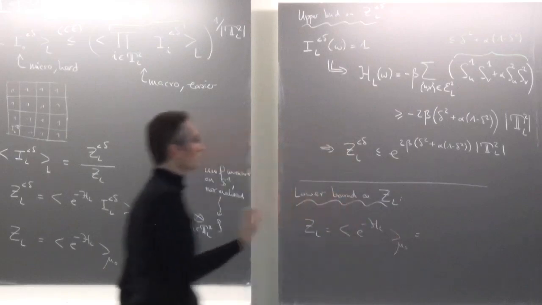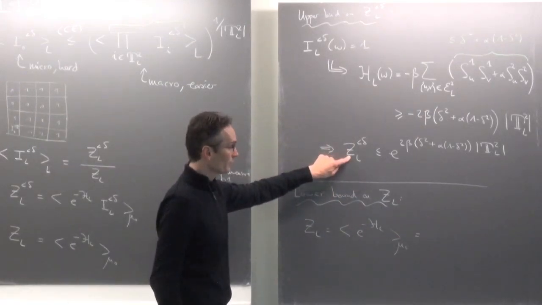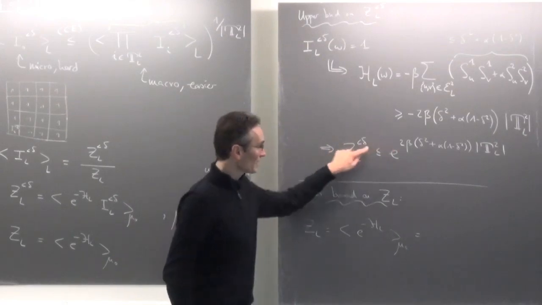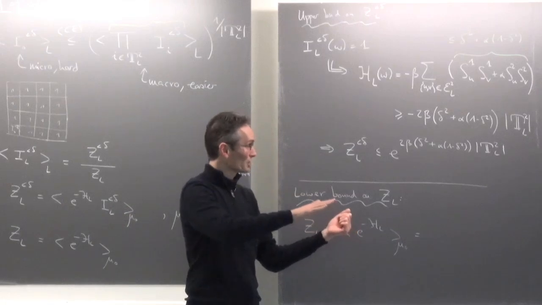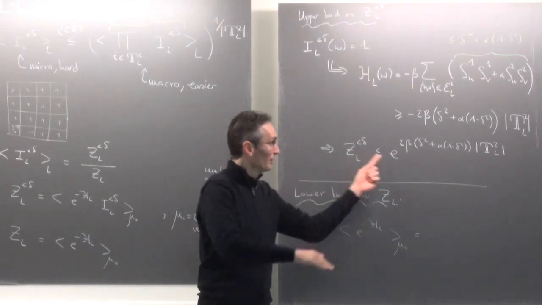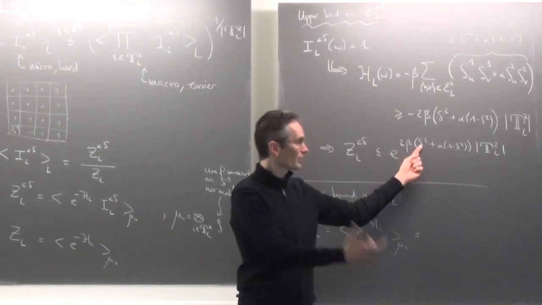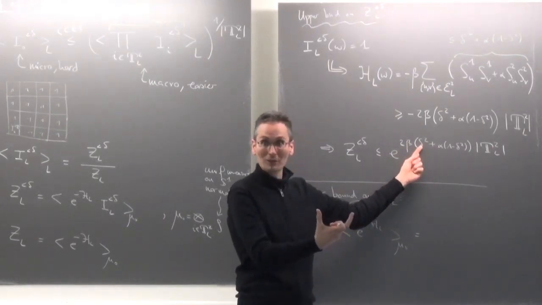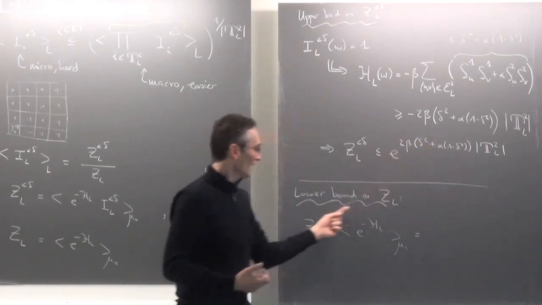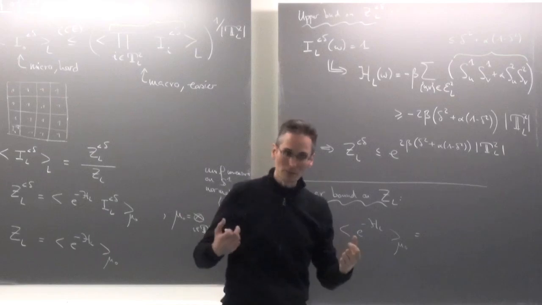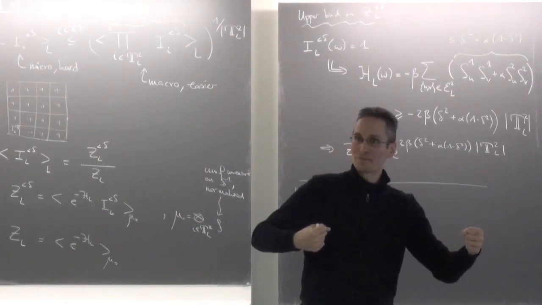So intuitively, what do we want to do? We want to show that this is unlikely. And why should it be unlikely when beta is large? It's because when beta is large, your first component of the spins would like to be larger than delta. So here we are using this bound is good if delta is smaller than the typical value that the first component would like to take, right? But to show that indeed I'm losing something here, I have to compare with the lower bound where I'm using the fact that I can align my spin with the first component which is bigger than delta. I have to use that.